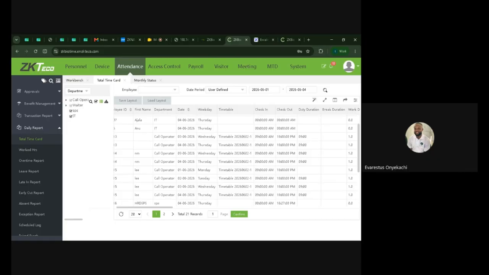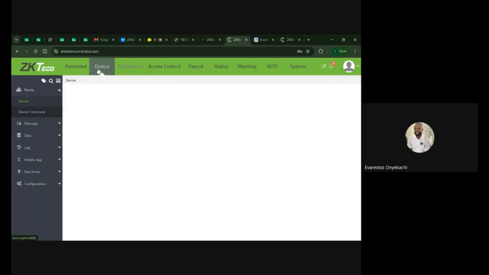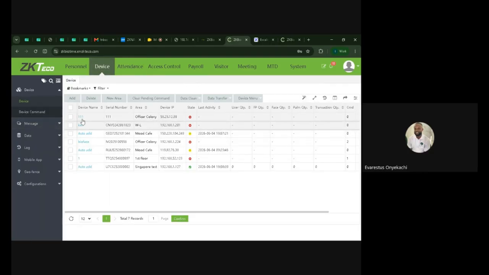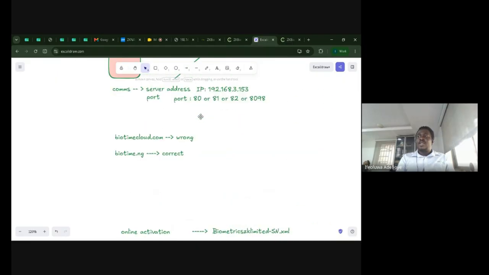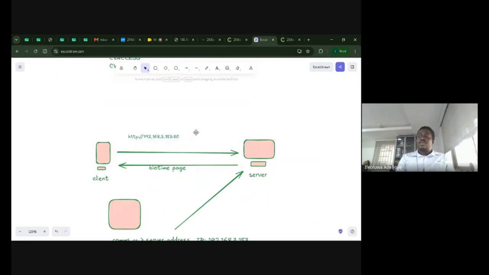Okay, so my question is, when you are talking about device, you emphasized the heartbeat. What's the work of the heartbeat? What does it do to a device? Yeah, so the heartbeat, when I was explaining yesterday, I said client and server communication, right? Heartbeat means the